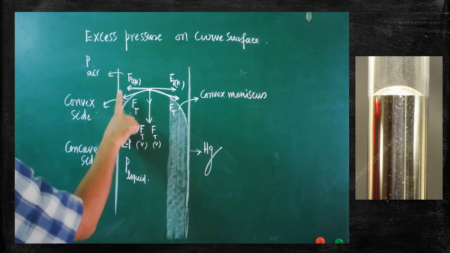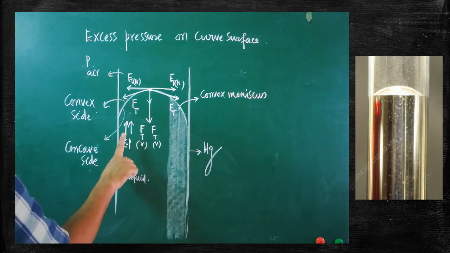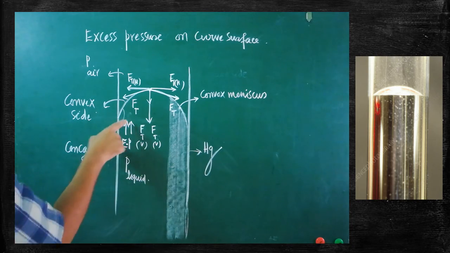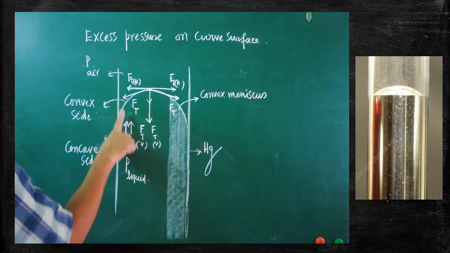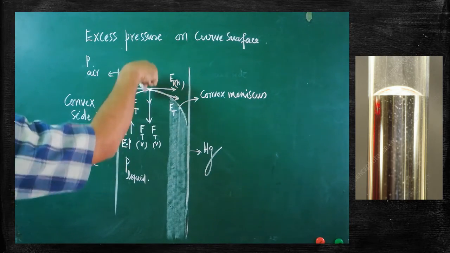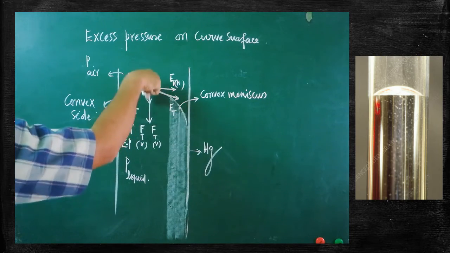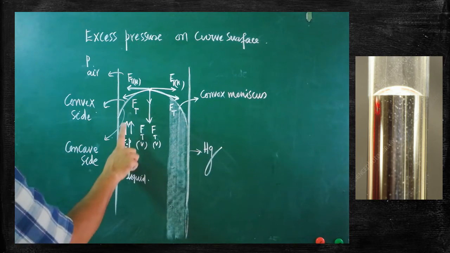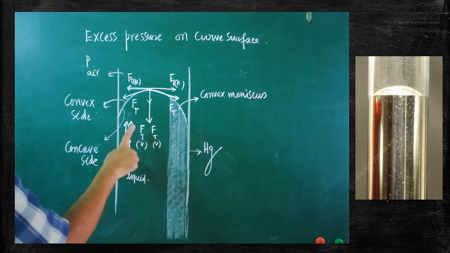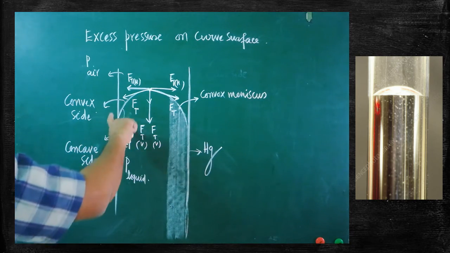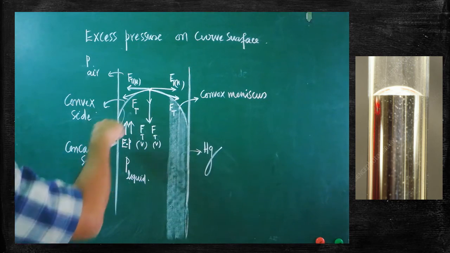So excess pressure is acting from inside. That is acting on which side? That is acting on the concave side. Always excess pressure will be acting on the concave side. So this is the, is it clear? Downward force. This is the net force acting due to the vertical component. This is the, is it clear? Force due to excess pressure. So the force due to the vertical component and the force due to excess pressure, both of them are in equilibrium. Therefore the surface is curved in nature. Understood?